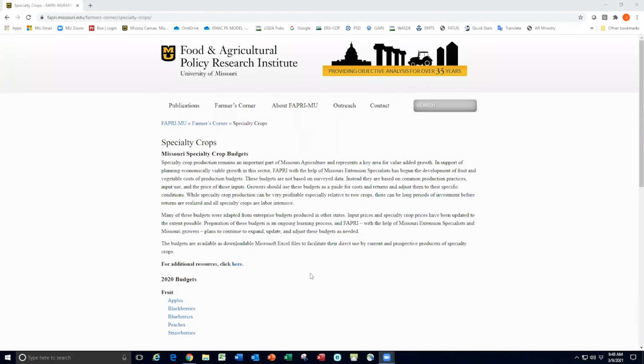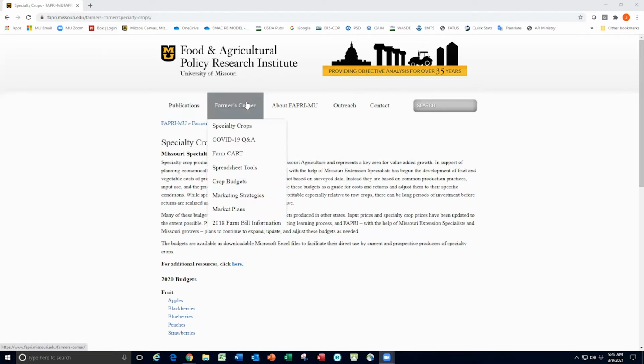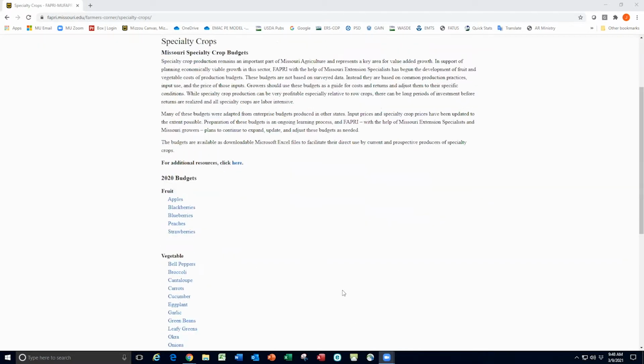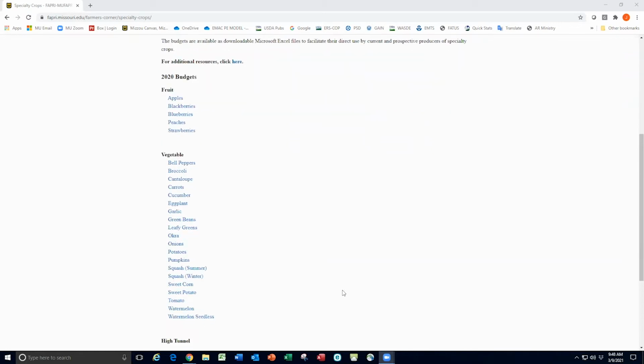We're very excited to show you a new tool today for specialty crop producers who are interested in the specialty crop budgets. We've created this tool on a website at fapri.missouri.edu under the Farmer's Corner under specialty crops. As you go to this website, you should see this landing page, and you'll see budgets for fruit, vegetables,